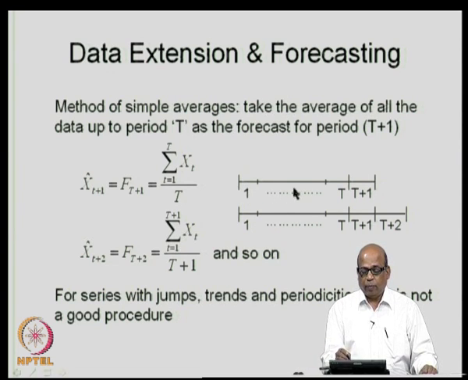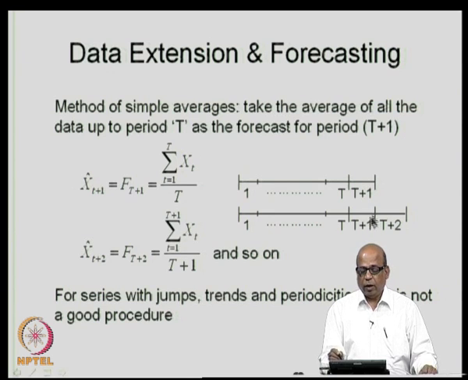Let us say we have the data up to time period t. If we are talking about monthly flows and we have the data for the last about 50 years, which means 600 values, and we want to forecast the likely flow for the next time period, that is the 601st time period, then the easiest way of doing it is to take the long term mean, that is the mean of all the values that you have observed, and put that mean flow to be the flow that is likely to happen during the next time period t plus 1.